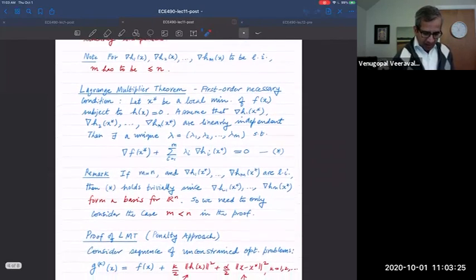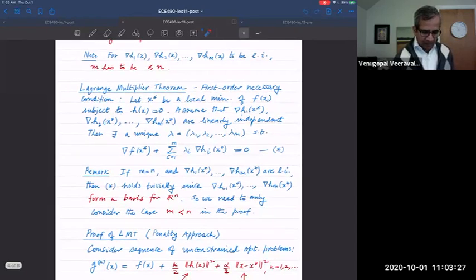Then we formally stated the Lagrange multiplier theorem, saying that if x is regular, then we have the gradient condition we talked about earlier. Of course, this only goes one way. You could have the existence of Lagrange multipliers. In other words, when we say existence of Lagrange multipliers, we mean that there exists lambda such that this condition